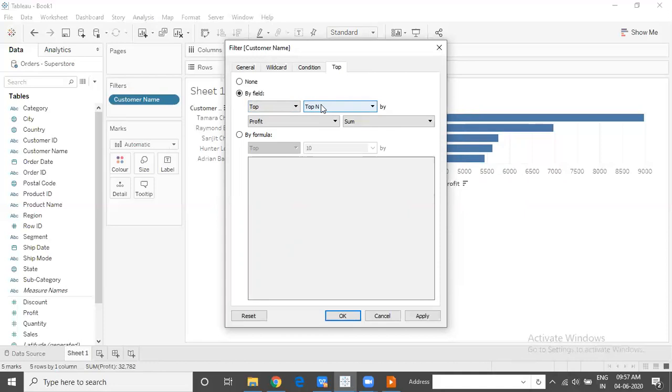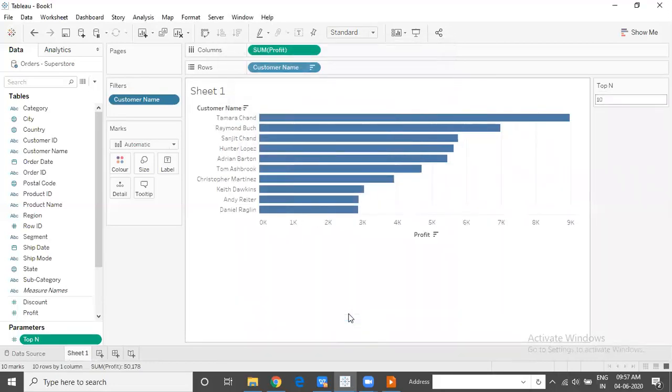And the current value we are using here is 10. Let me go ahead and display this parameter. The moment I click on OK, the parameter gets created and it goes into a new pane called the parameters pane, which appears at the bottom left corner below the fields. And the parameter is displayed on the screen on the right side.